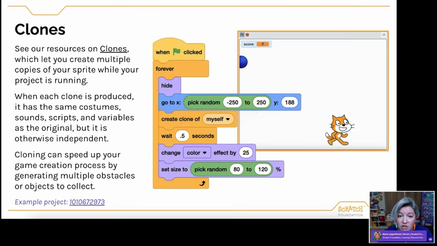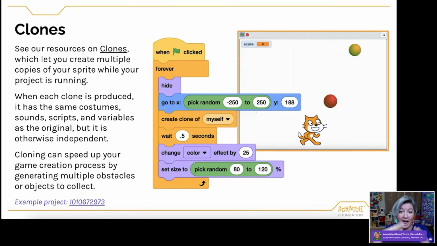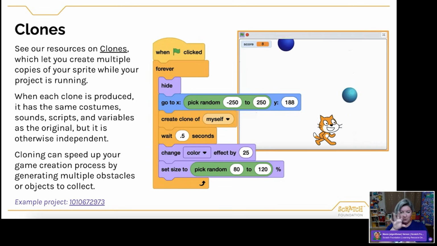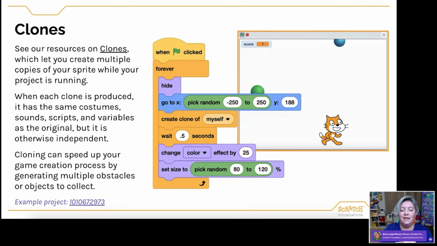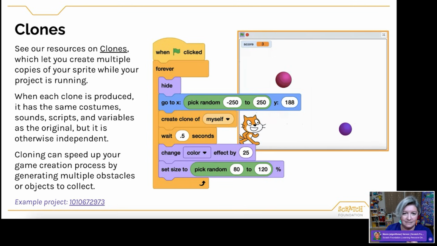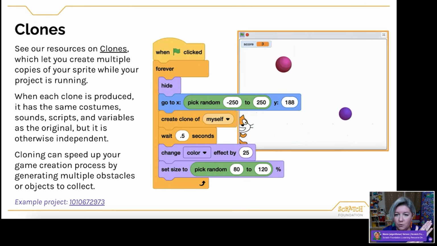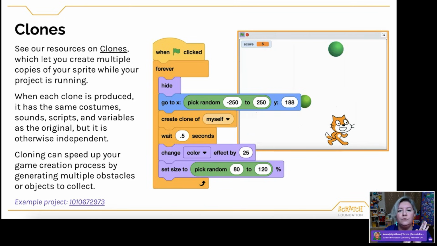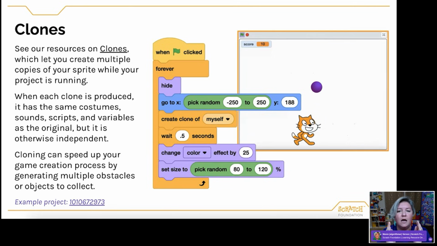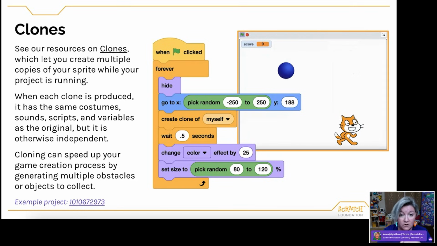The gravity project that I showed, you might have also noticed that the apple kept repeating itself. You kind of saw it getting lighter as it was going along. So that's an example of using clones. That bounce plotter graph that I just showed you also uses clones. Clones are really nice because they help us visualize the path of the sprite in those two particular cases.